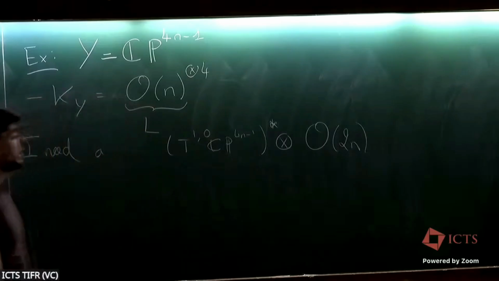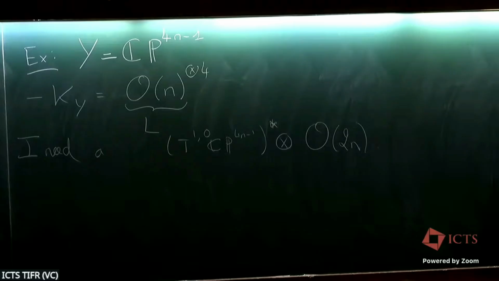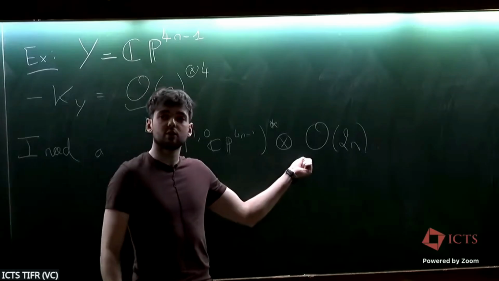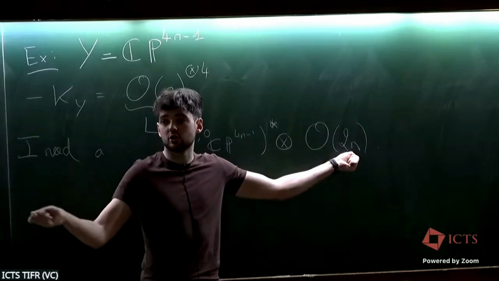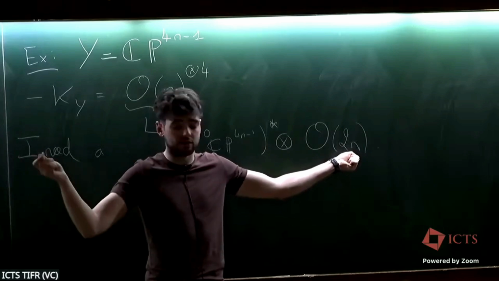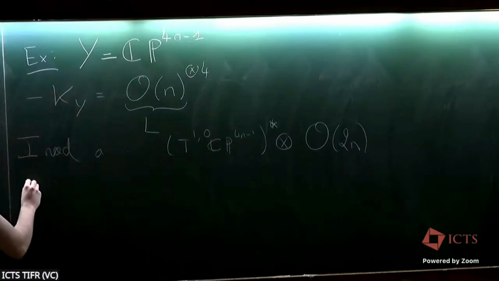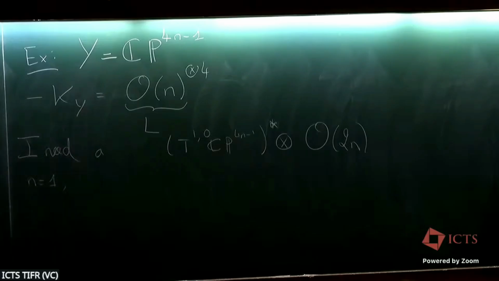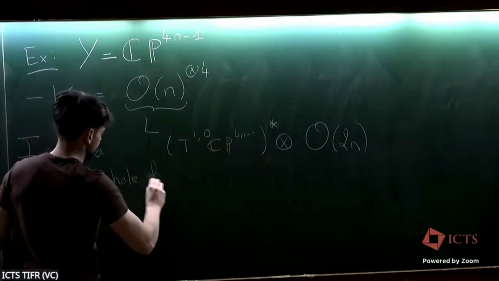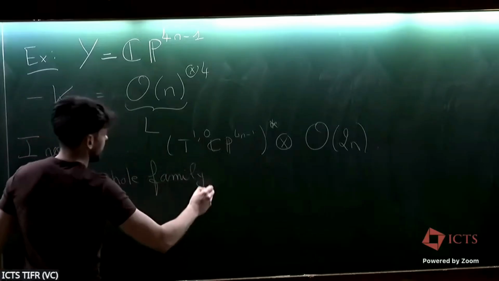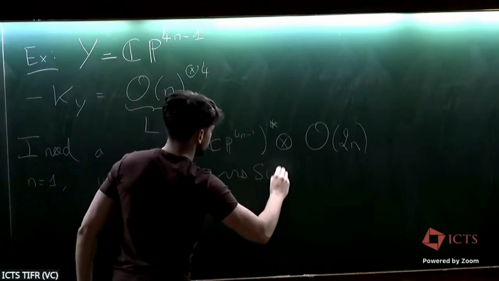Okay, and so basically when you push everything back to C^{4n}, it means that you want a (1,0)-form which is homogeneous of degree 2n with respect to the diagonal action on C^{4n}, okay? And so for example, for n equal 1, so in the case of CP3, I was able to prove that we have a whole family of such sections. That gives me SU(3) structures